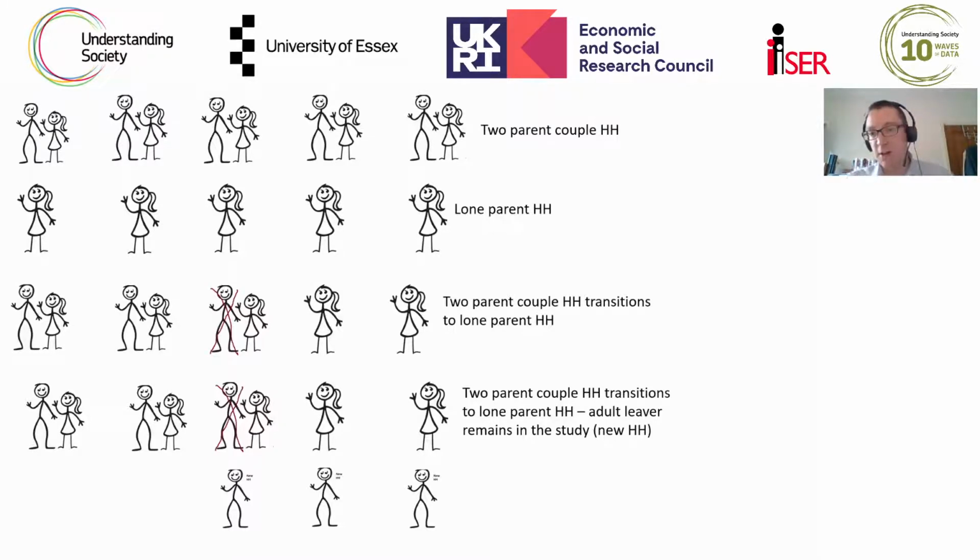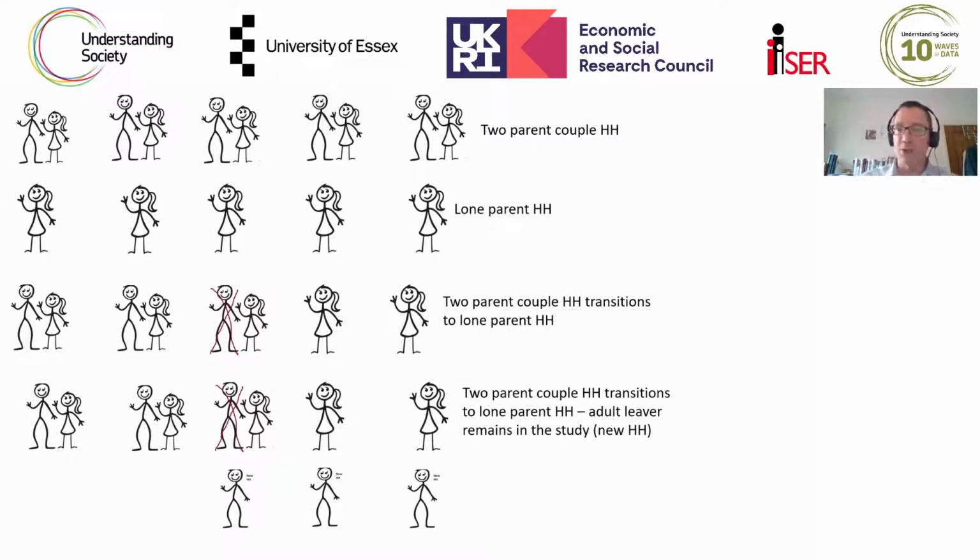So I've just got a little caricature of the kind of typology that we started to think this through. So I've drawn this up here in a couple of slides. At the very top, we're going to be exploring these using Understanding Society, looking wave upon wave or year upon year. And we might say that the examples of stability throughout this period, where a young person growing up has both the mother and their father living in the household with them over time, their natural parents. Or they might just live with one lone parent, typically the mother.